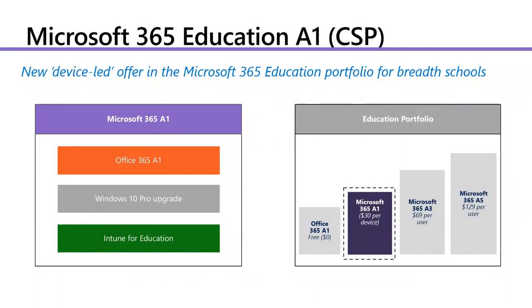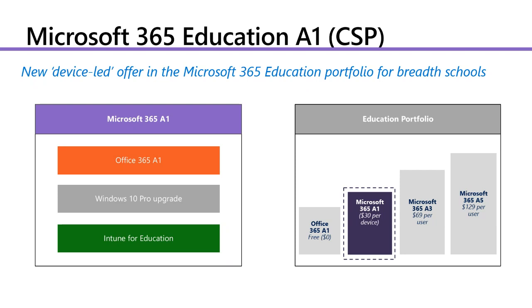So where does it sit? I have reminded you over and over again about the M365 family, and we know that it includes Office 365, the online suite, Windows 10, and the security and management tools. Microsoft 365, which was launched in 2018, follows this pattern as well. You can see on the left that it includes Office 365 A1 and all those things we've already spoken about. And if you look to the right-hand side, you can see where it fits into the family.